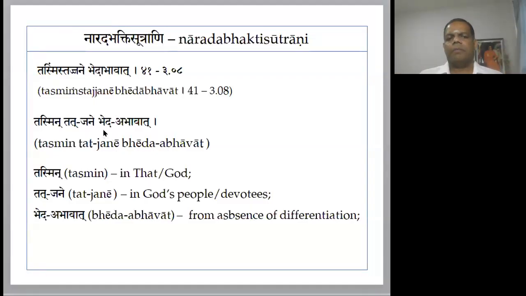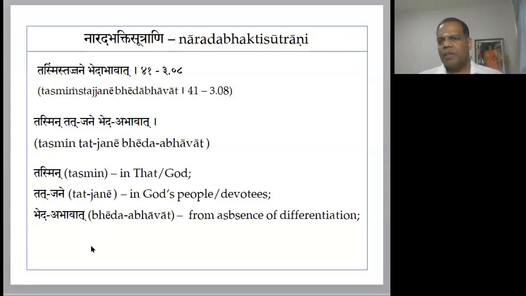In this case, just for information, bheda means bhedasya. Okay, but the asya is not needed, and so that's how you get bheda abhavat. That's how a compound word or a samasa is formed. So the a plus a becomes aa. That's how you get a longer da. Bheda bhavat. Okay.